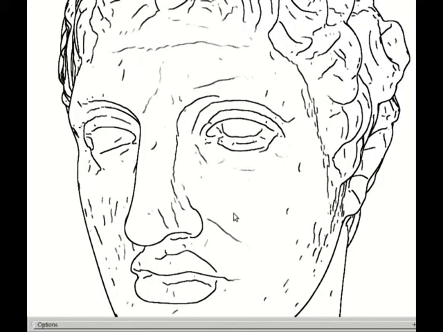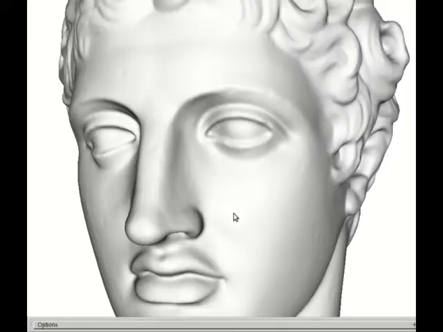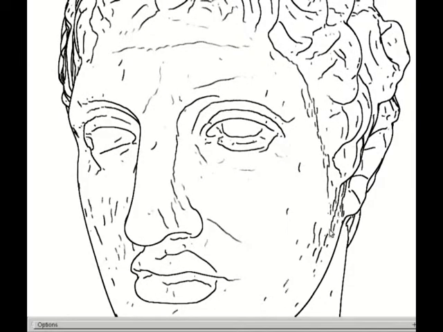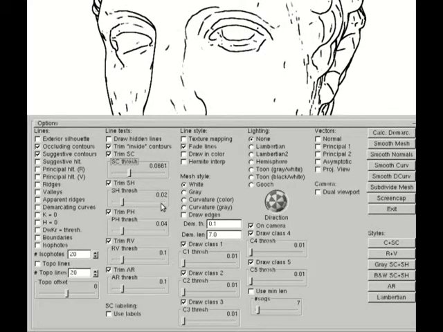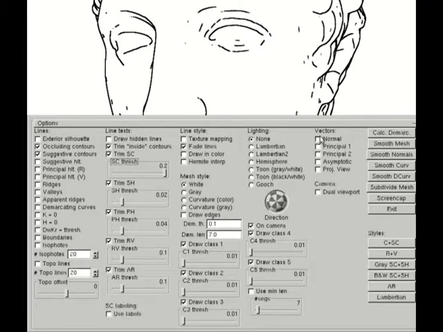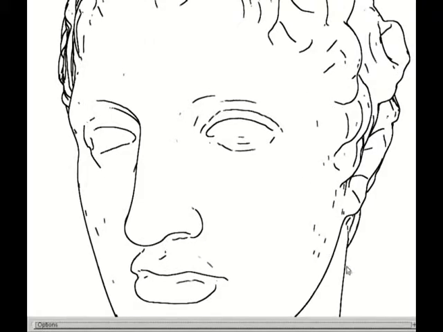Look at the image of the face here. We can see a bunch of these lines are caused by small deviations in the texture, either from the scanning of the marble surface or due to noise itself. We would like to get rid of most of these. Under the original version of suggestive contours, as you increase the threshold, you can get rid of some of these. But even at the highest point, there are still those that will remain, and you've lost a lot of detail